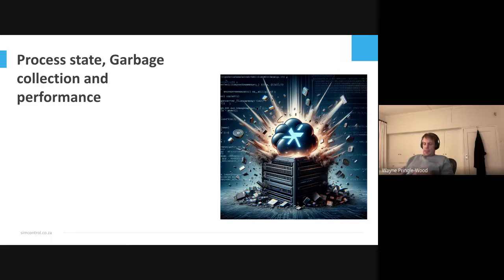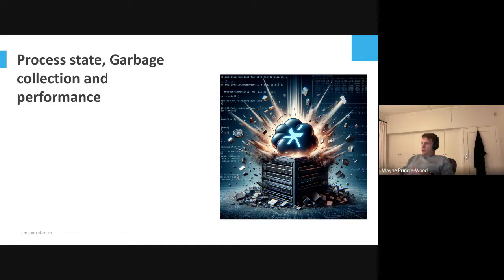Then garbage collection in GenServers is notoriously fickle. If you store anything over 64 bytes of binary objects inside a GenServer state, it won't get garbage collected. Like Donnie was talking about bit strings, we have this nice location bit string that we like to use to see where the SIM is located.